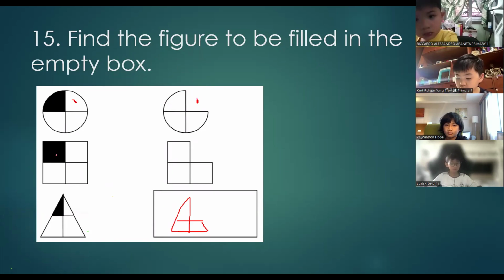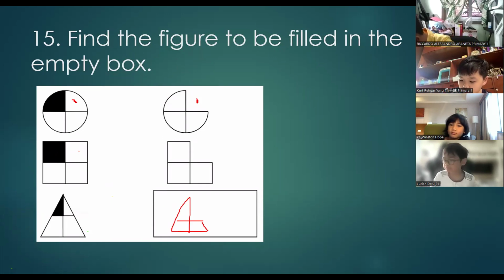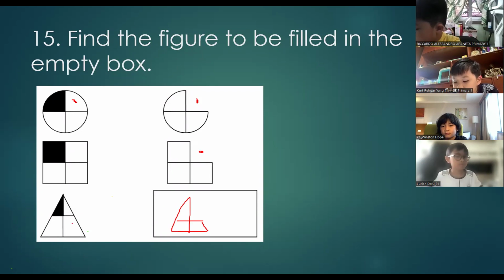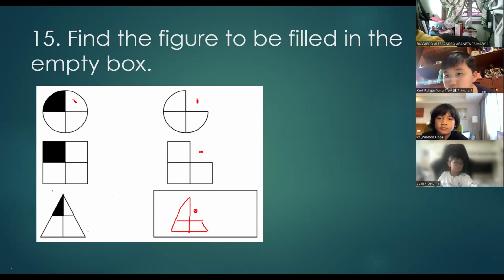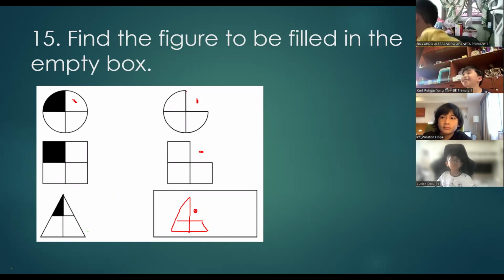Same with the square, you have a shaded part and the non-shaded part beside it. And the non-shaded part is gone. So it's gone here. And then no shading. And then this one also, you have the shaded part and then the non-shaded part beside it. So you remove the non-shaded part. So this one here, you remove. And then there is still no shading.